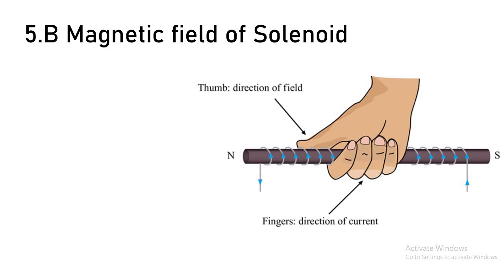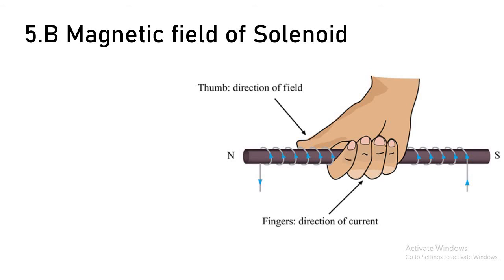So what you have to do, again you have to take a thumb and hold your hand in such a fashion that your right hand thumb will point towards the N pole. Okay, so everybody do it. Point your right hand thumb towards the N pole and hold your hand in such a fashion that you will see all fingers, all nails.